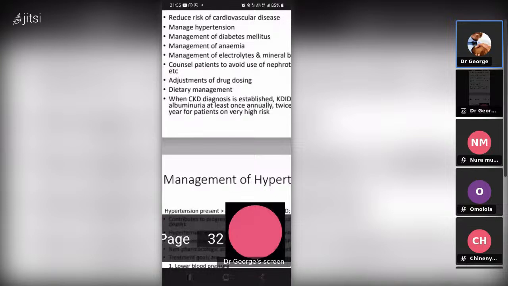So reduce the risk of cardiovascular disease, right? CKD is associated with higher risk of coronary artery disease, myocardial infarction, heart failure, atrial fibrillation, CVA, stroke, TIA. Need to reduce risk of cardiovascular events. So you need to reduce all these risks. The statins, cessation of smoking, and keeping the blood pressure below 140 over 90. Usually we use 130 over 80, so that we give it a gap.